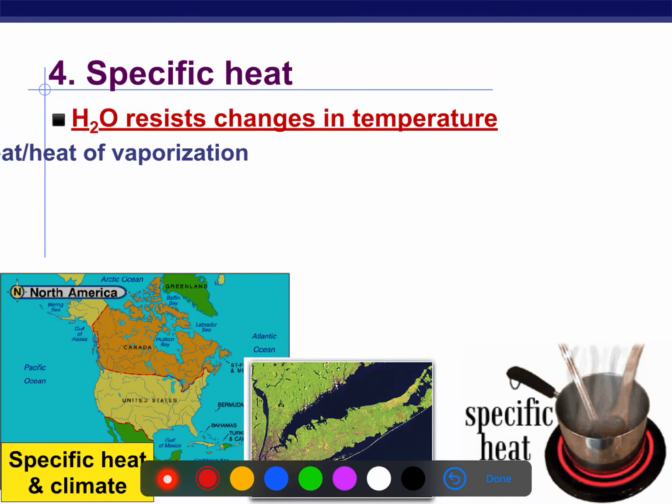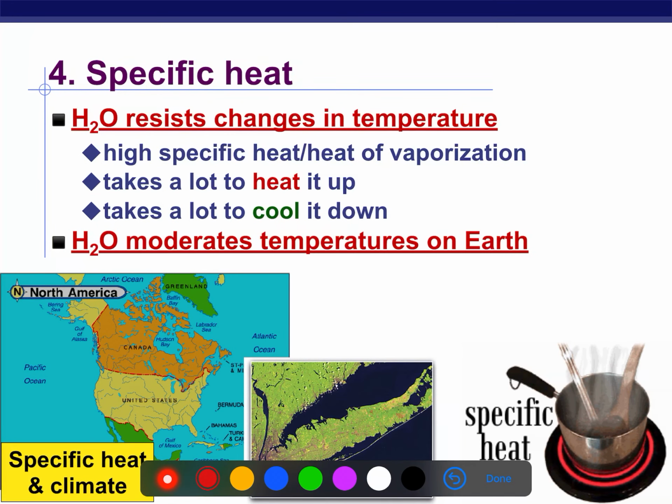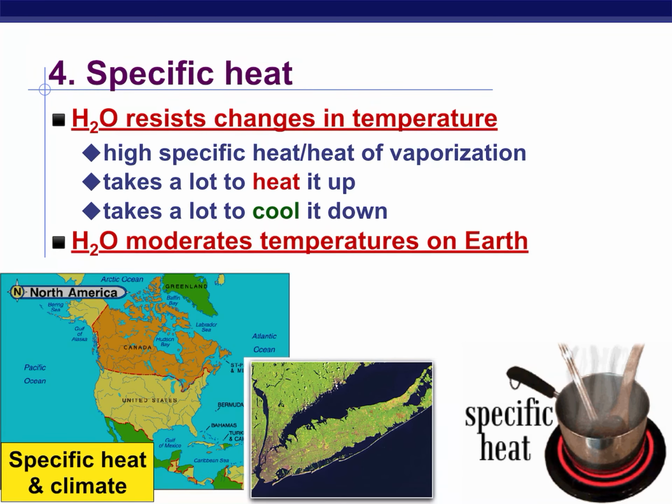Specific heat is the last property of water that we're going to talk about. And so pretty much this just means that it takes a lot to heat water up, and it takes a lot to cool it down. It takes a lot of energy. And so really, this is why we see the moderate temperatures we do on Earth, and why Earth is so habitable to organisms. And so I think the best way to really explain this